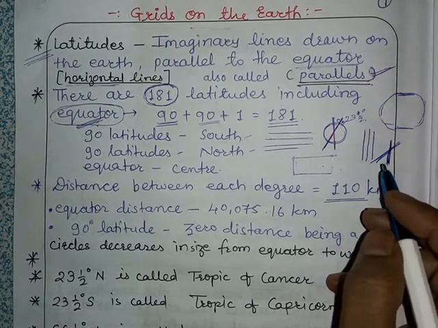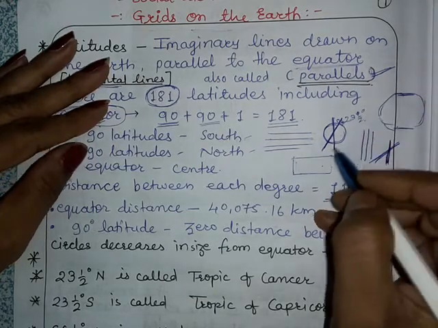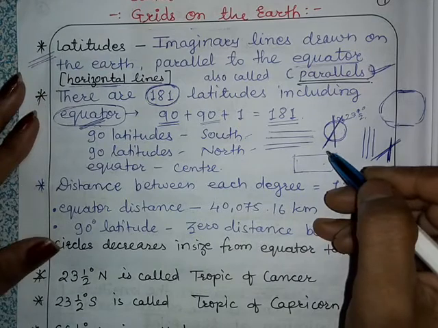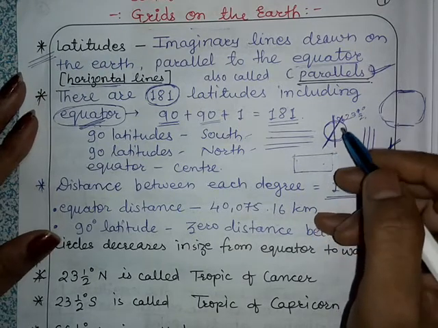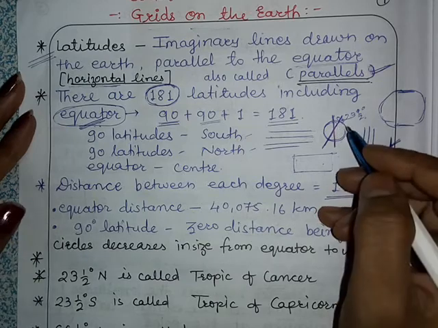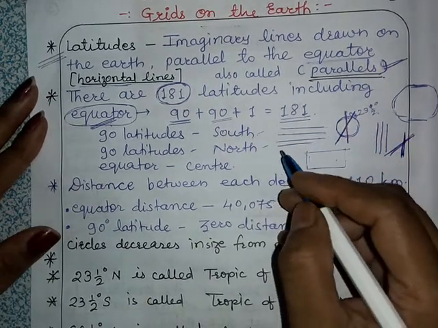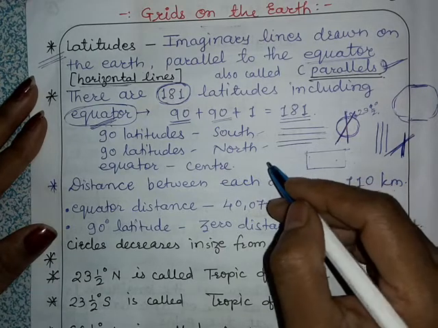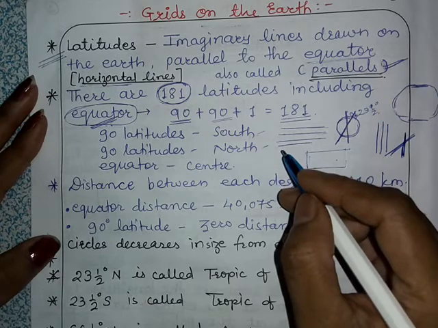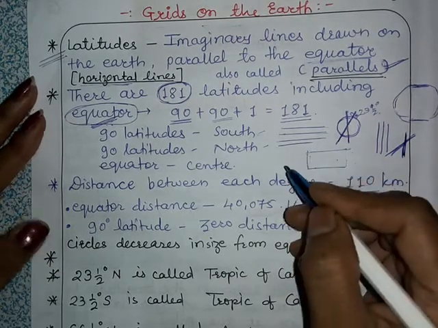The northernmost point of the axis is known as the north pole, and the southernmost point is known as the south pole, that we know. Then what is the use of this globe and maps, that we have already discussed in our last video. Globes and maps help us to locate landmasses, or we can say continents, oceans, different countries and important cities on the earth.